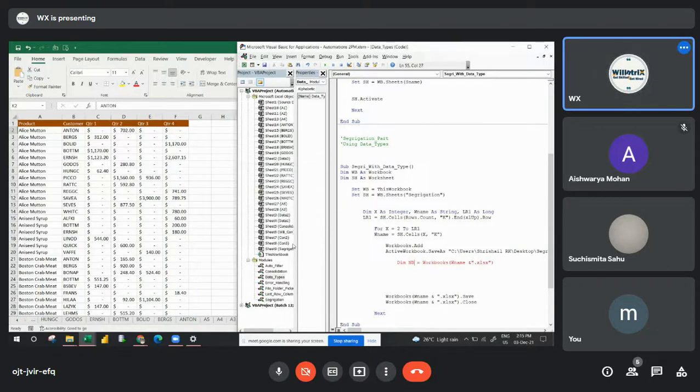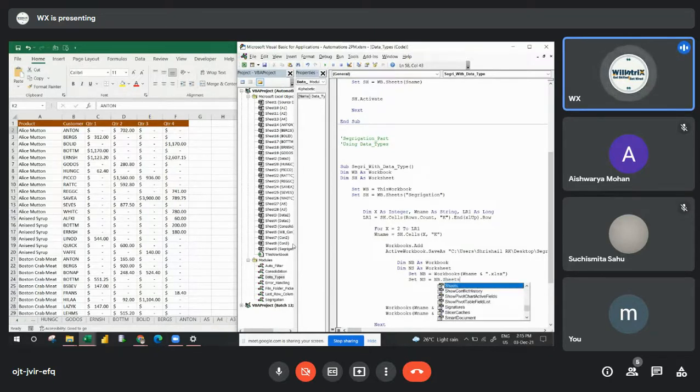Sorry, first I need to give this WB in the next column. Dim NB as Workbook. Dim new sheet, I will go with NS as Worksheet. And we need to set NB equals to Workbooks of W name dot extension.